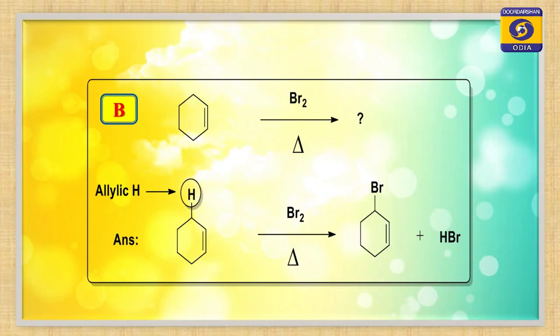Next example, see this cyclohexene compound and we are adding bromine in presence of heat or sunlight. So, when you are adding in presence of heat or sunlight, the type of reaction is allylic bromination or benzylic bromination. You see in this case the allylic carbon, which I have also marked, will be replaced by your bromine atom to get 3-bromocyclohexene.